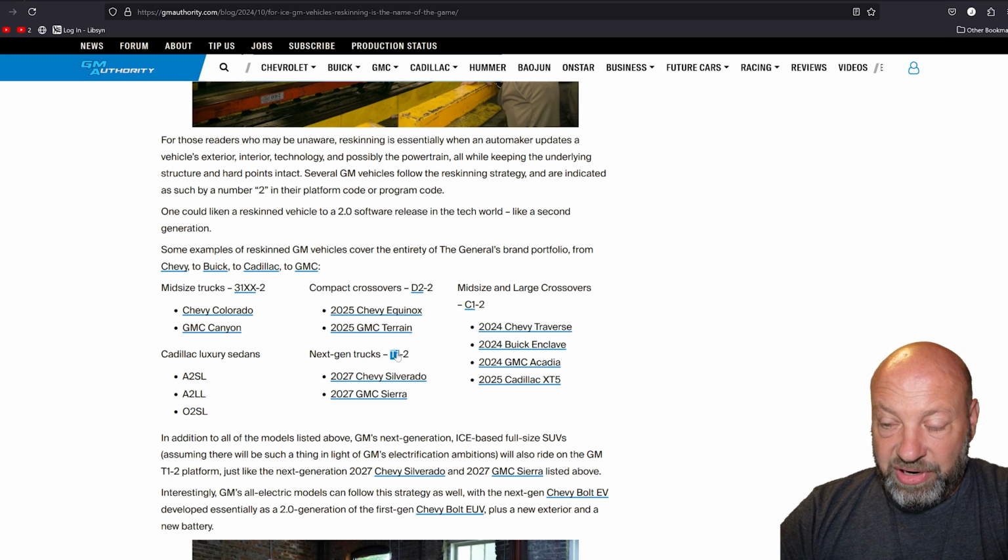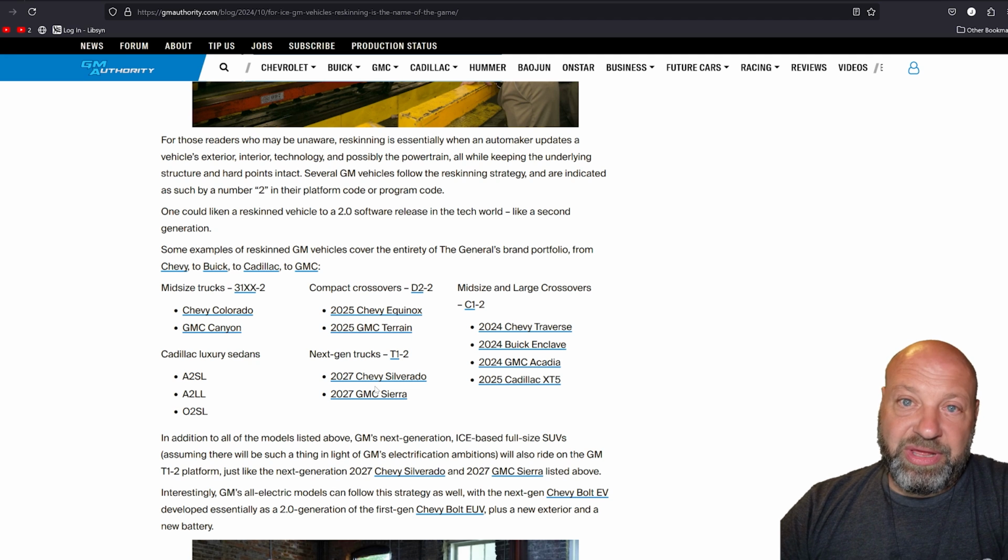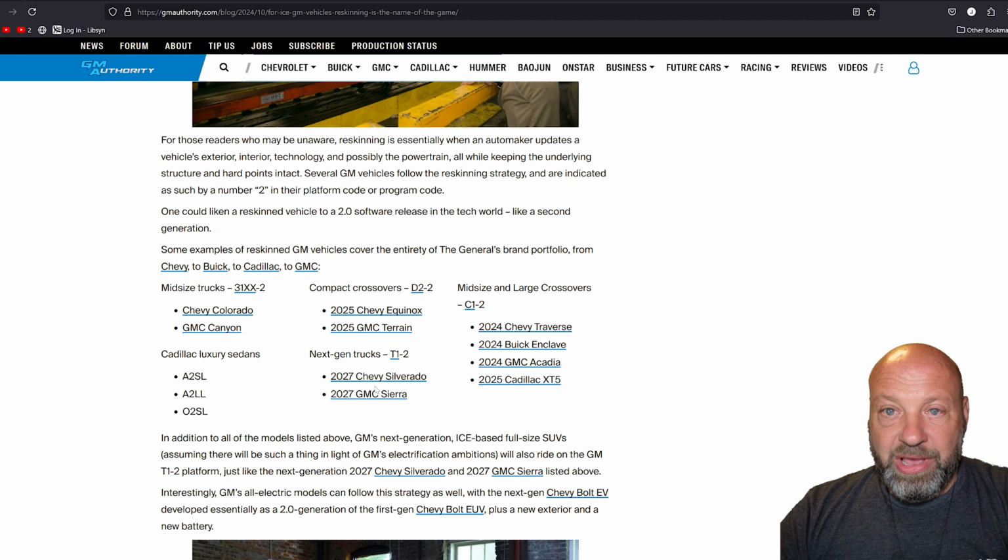Okay, the next gen trucks, the T12, will be the 27 Silverado and the 27 Sierra. Just like the current one, full size, which is the T11, I think, for the current level, the 2025 Silverado and 2025 Sierra. This is reskinning, just like how Toyota does their...